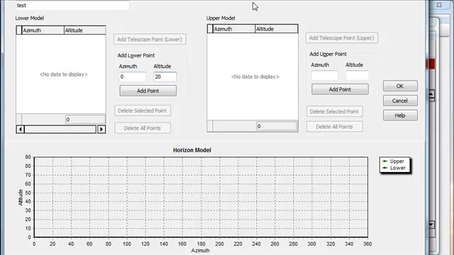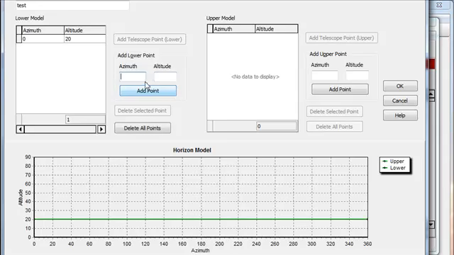Always start with a data point at 0 degrees azimuth, which is due north. Adding an altitude point at 20, and then continuing on with some other data points. 20 degrees azimuth, 20 degrees altitude,